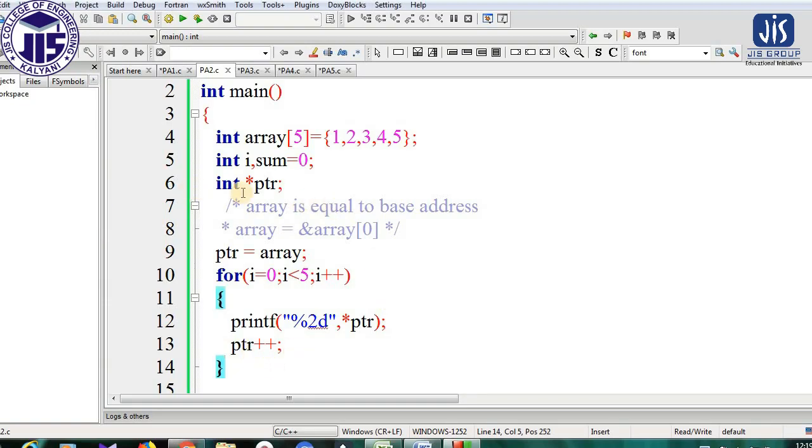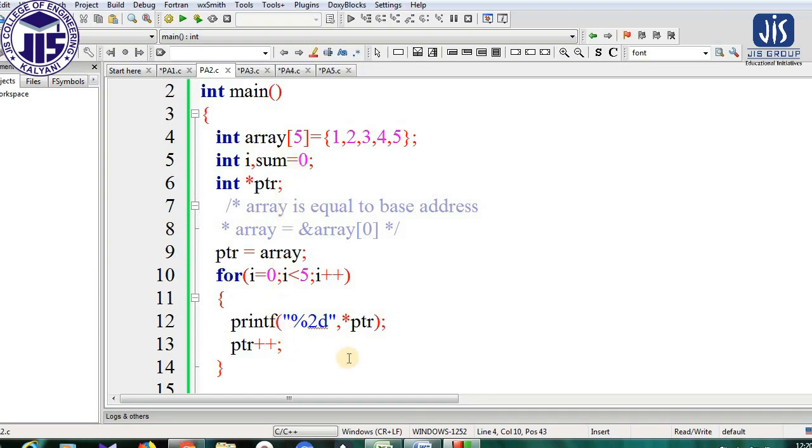This is a very simple program I have considered for this purpose. I have taken an array, as you see, with 5 elements, and it is an integer type array. These are the 5 elements of my array, and I have taken a pointer variable ptr. Before we go to the program, I want to remind you that a pointer is nothing but a variable that can store the address of another variable, and an array is a derived data type variable. Array is also a variable that can store homogeneous kind of data. So now our target is how we can access this array by using a pointer.